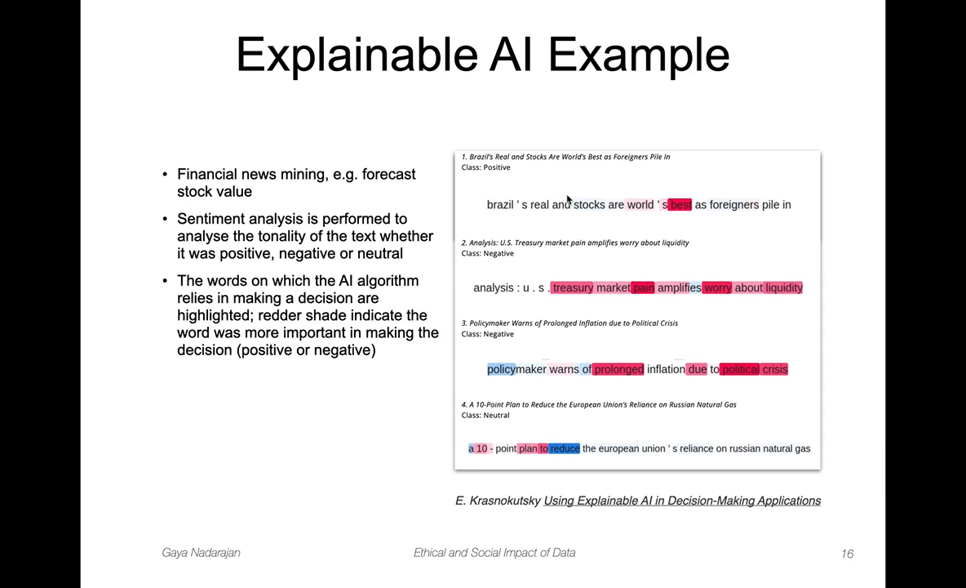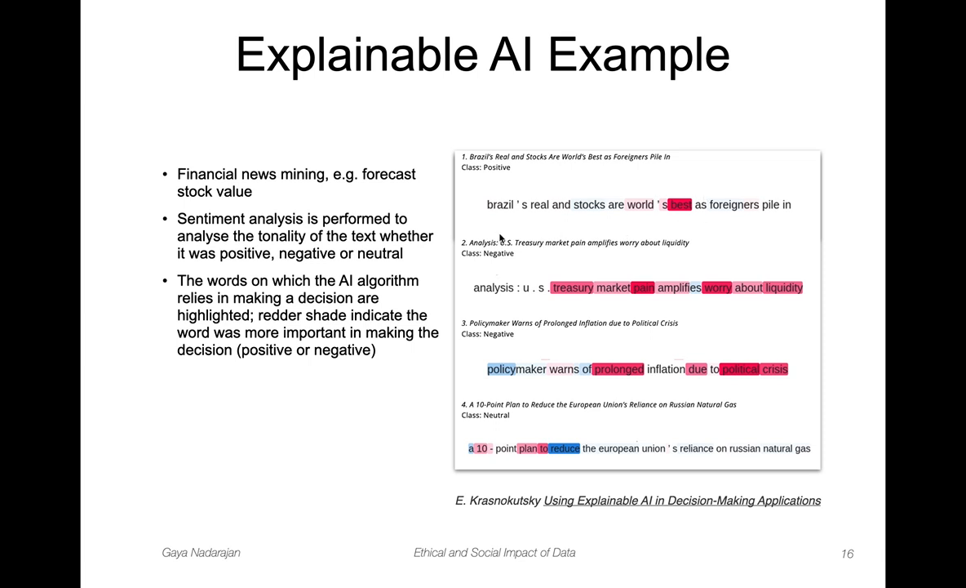And what this AI algorithm can do is, if the AI says, yes, the stock price is going to go up, you should buy, or you should sell, or whatever, and you're like, but why? Why are you telling me that the price is going up? So it says, well, look at this one thing. This first sentence is saying Brazil's rail stocks are world's best as foreigners pile in. So it's saying the word best here